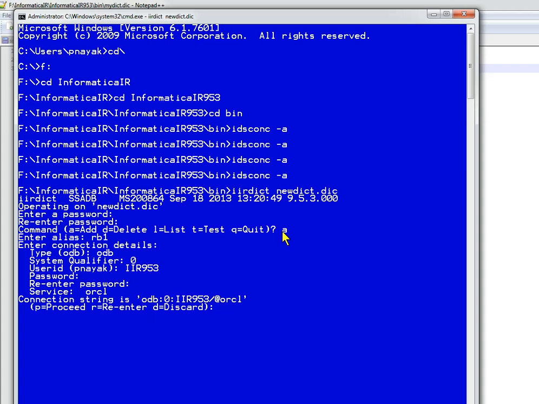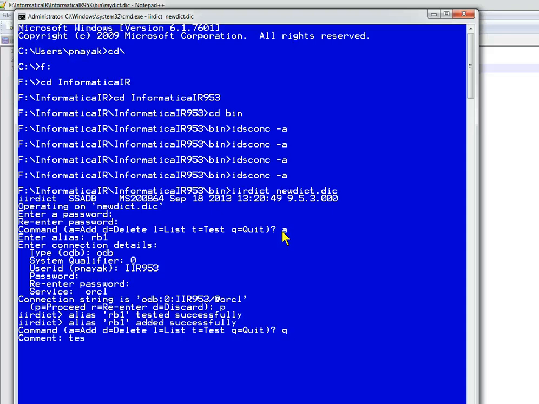This will ask whether to proceed, re-enter or discard. I want to proceed. This will tell you whether the connection details that you have given are successful or not. It says that it is tested and added successfully. Now if I quit,